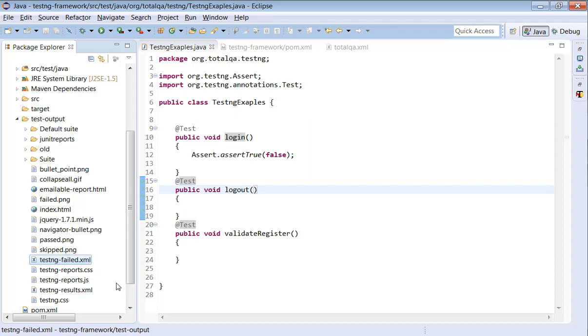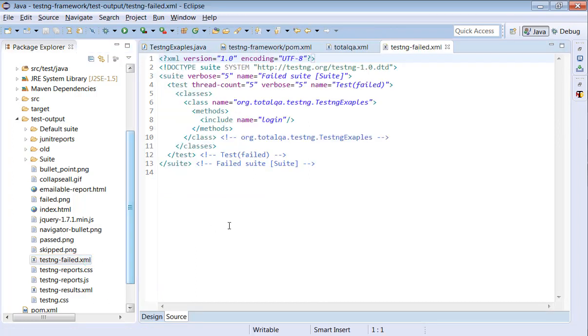Let's open and see what is the content of the testng-failed.xml file. See, the testng-failed.xml file is available and it is methods include login. So this is how you can identify the methods which are getting failed.